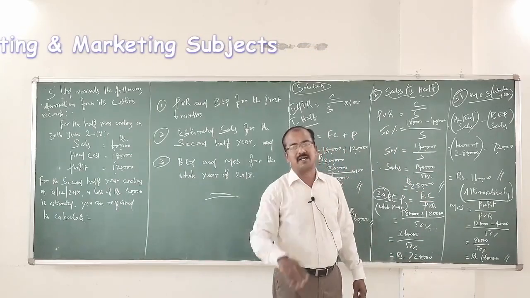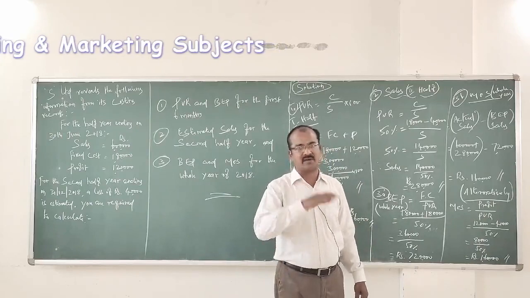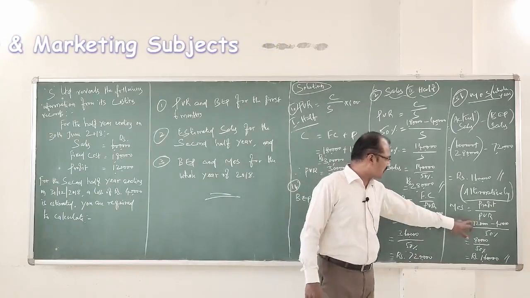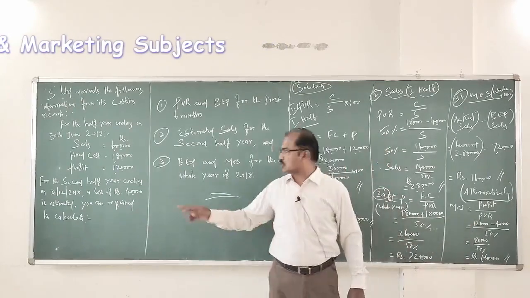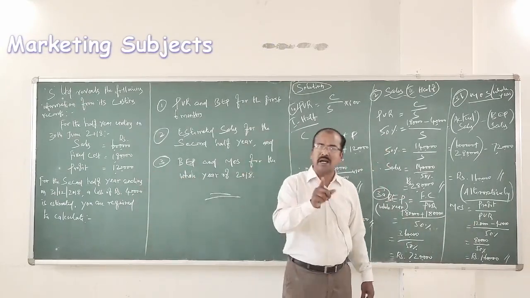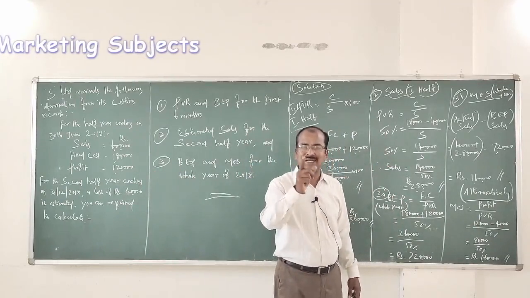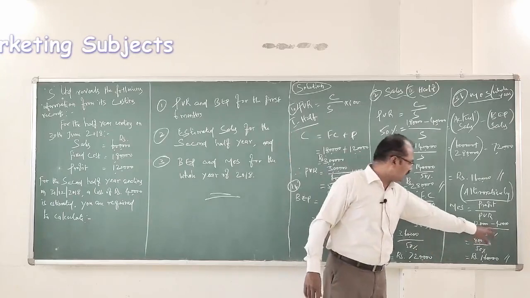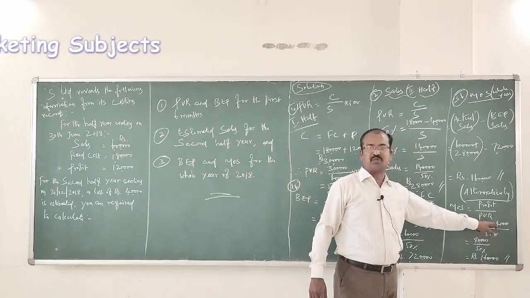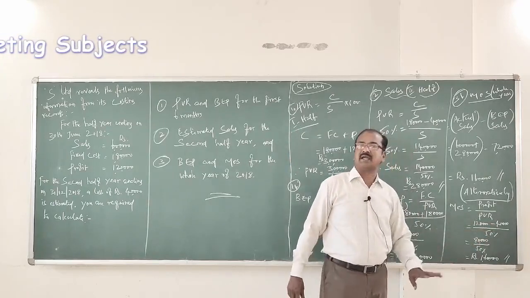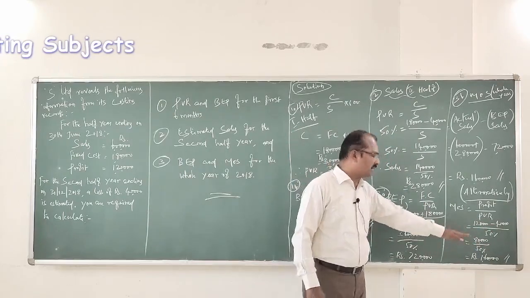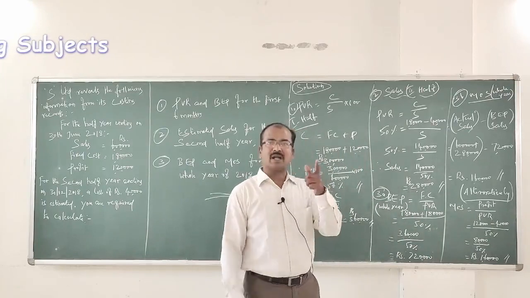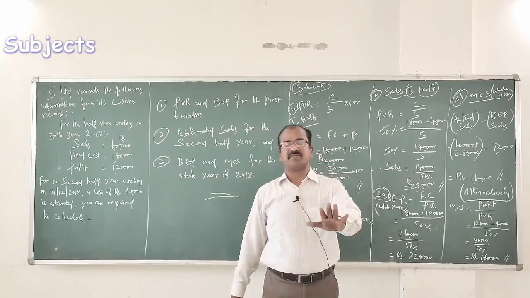What about the alternative way of calculating margin of safety? Profit divided by PVR. Profit for the first half of the year is 1,20,000 rupees, given in the problem. Minus 40,000 because they have anticipated a loss of 40,000 rupees in the second half of the year. That is why I have deducted 40,000 rupees here, divided by 50%. Therefore, 80,000 rupees divided by 50%, you get the same answer of 1,60,000 rupees as margin of safety for the whole year.